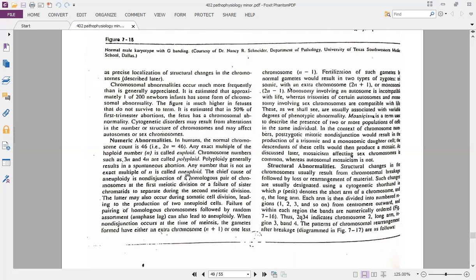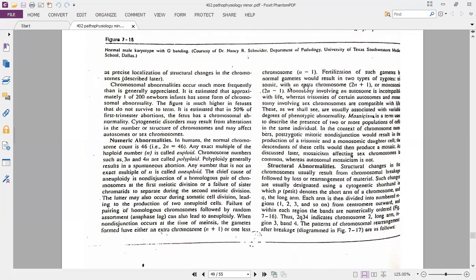An aneuploid person will survive and will be born as well, because that aneuploid person will not have 46 chromosomes. Rather, the person will have either 46 plus 1, which means 47 chromosomes, or 46 minus 1, 45 chromosomes. If the person has 47 chromosomes, we say that condition is